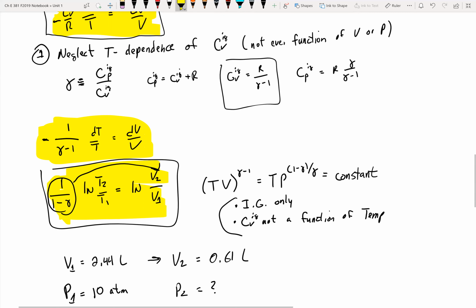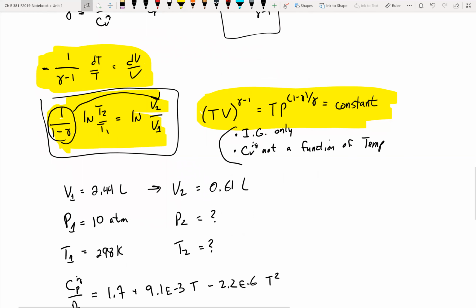And so just algebraic manipulations of this equation get you to all of the equations in chapter 3 that look kind of like this, where the product of 2 of the state variables to some exponent is equal to a constant. All right, so if I want to solve for T2 given my initial and final volumes and my initial temperature, I've just got to solve this thing for temperature. And so that's where we can start